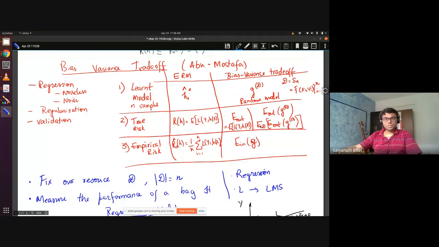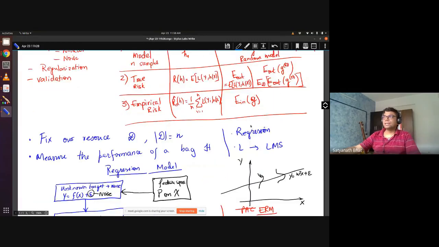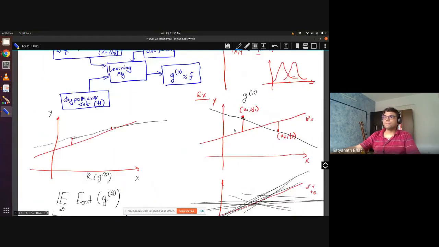Okay, good question. Now what I'm saying is that in the previous thing, we never took an expectation of R of H, right? The reason we didn't take an expectation is that H was not considered random. Now if you take GD itself, what model you are learning will change drastically depending upon what data samples I have. So Siddharth, did you understand what these two examples are conveying?